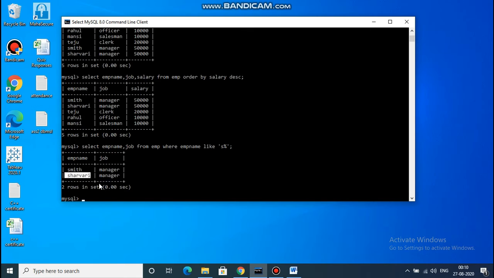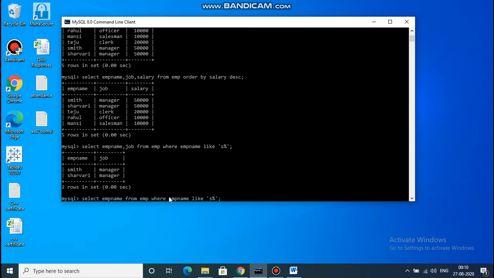The next DML query is to display employee names where the second letter is the alphabet A. Again the same command I will use: select emp name, comma job. Job is not required here because we have to display just the emp name, so continue with only emp name.